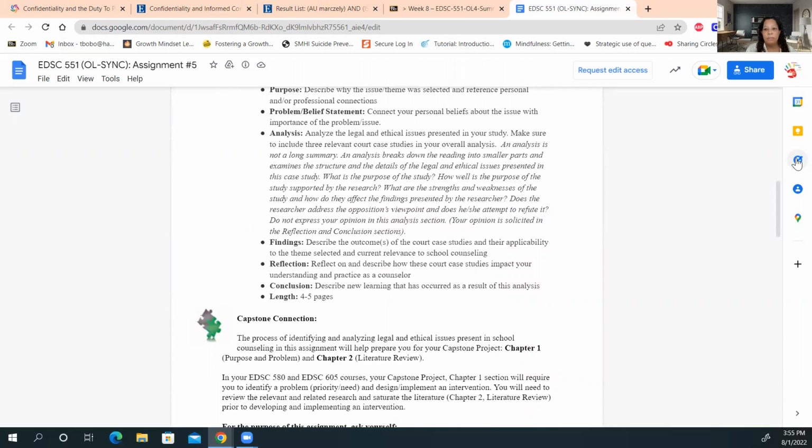And each one of your papers should have those specific subtitles, all right? And then each section is defined on your assignment, what they should contain within them. And the paper should be 4 to 5 pages long, okay?